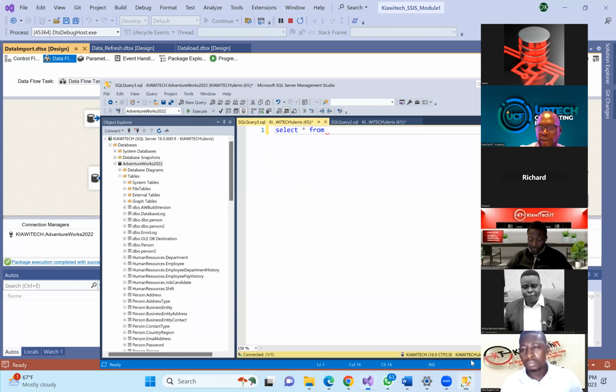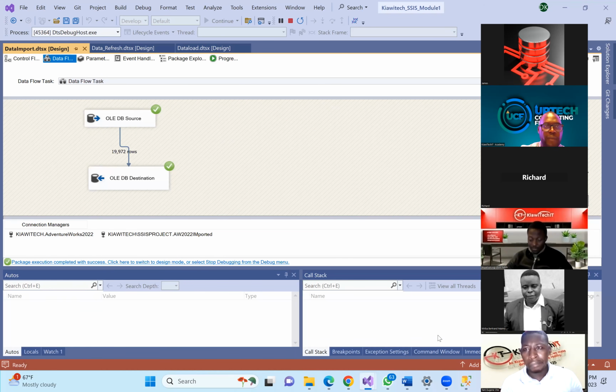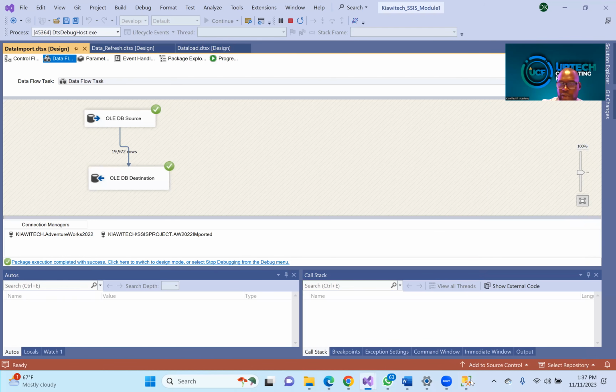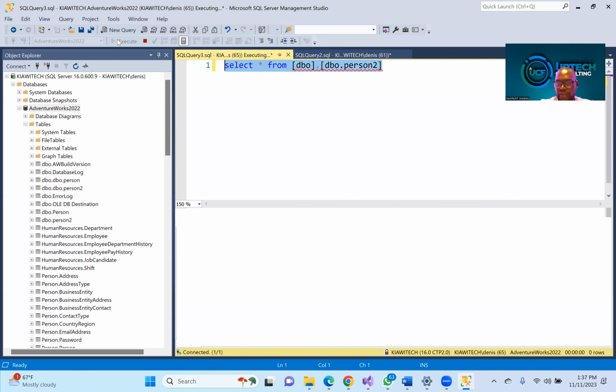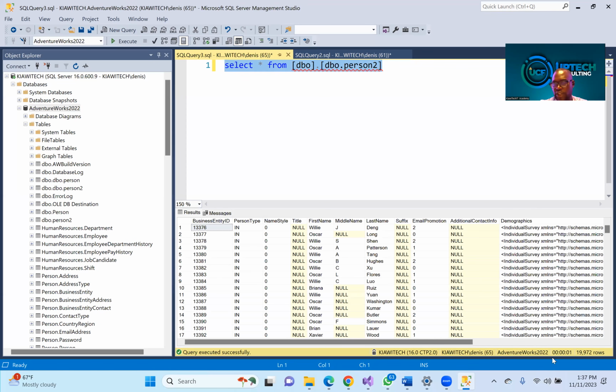All right, so let me verify. Let me check, go back again and check again. All right, so I'm here and I'm seeing that there's a table being created on the same. So probably there's something wrong with my connection. I have to verify where the connection was created. So let me run this and see. Indeed, the data is being inserted, but the problem is that it's creating the table on the wrong